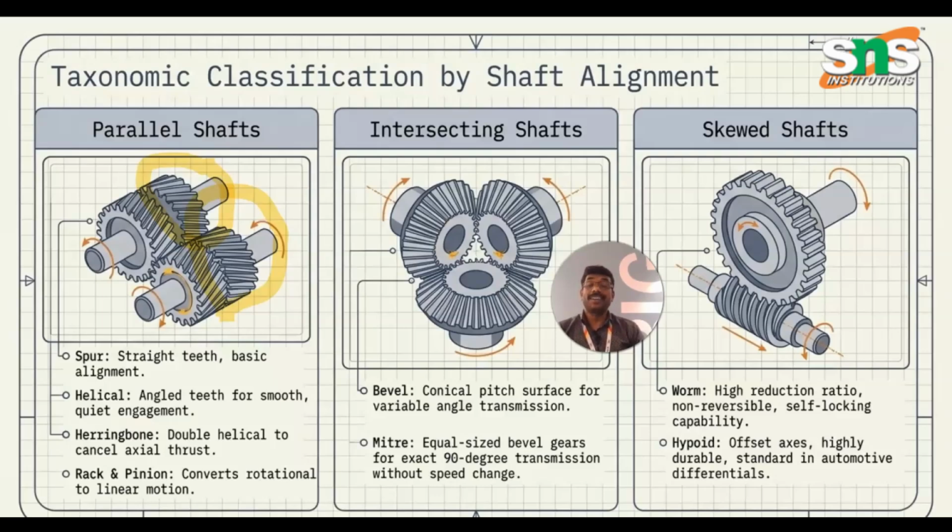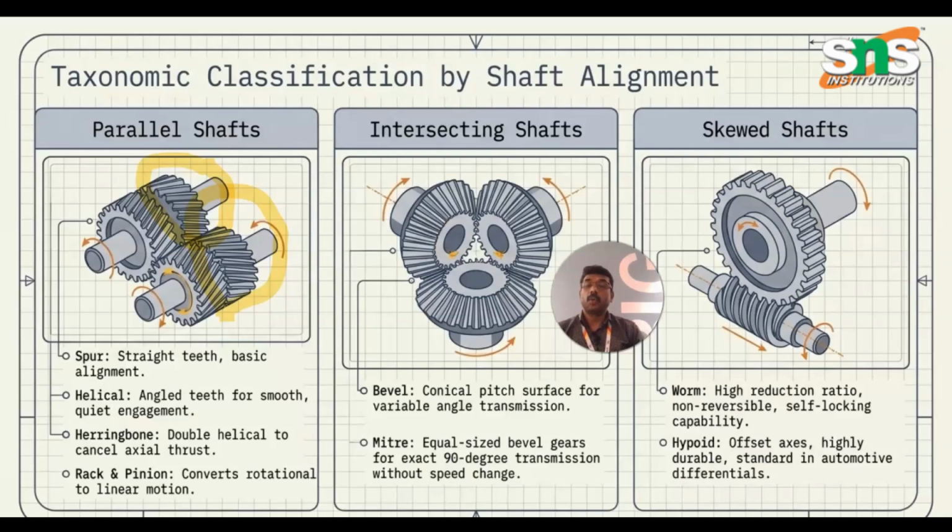where the very important consideration is that the teeth cut over the periphery of the gear are all straight. That is, it has a very basic alignment. The teeth cut are very straight. But in the picture, it is shown as if at an angle. But for the spur gear, the angle is roughly horizontal, so there is no angle. It is going to be straight teeth. This is number one. Number two is helical, which is all about this component, which has some angled teeth for